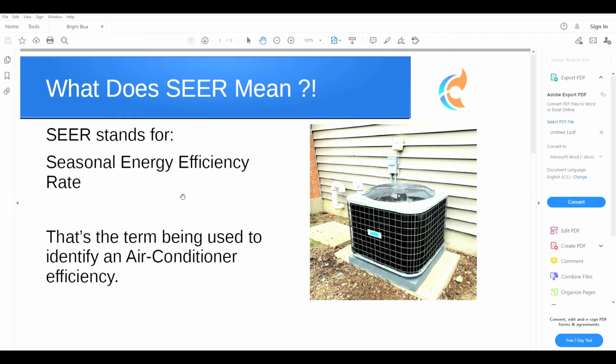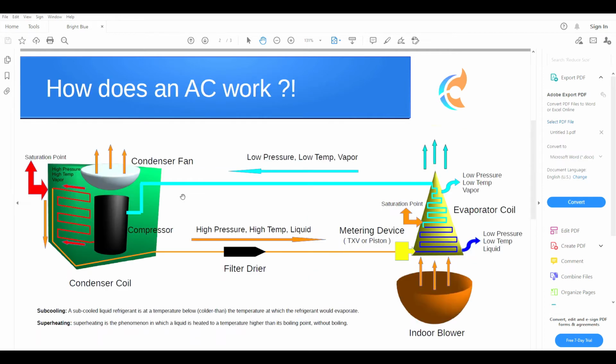So in this video, we're trying to explain to homeowners and other people out there what it means to have, let's say, a 13 SEER air conditioner versus a 16 SEER one. What are the differences? Before we go ahead and explain that, we're going to show you a brief explanation of how a central air conditioning system works. So I've prepared this slide, the next slide that you will see here, to give a brief explanation of